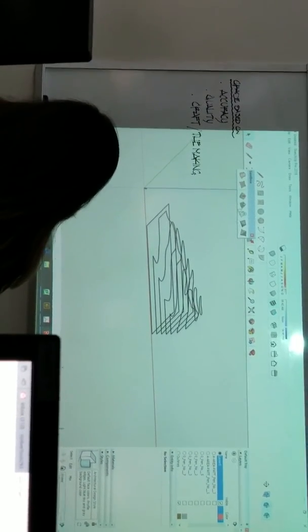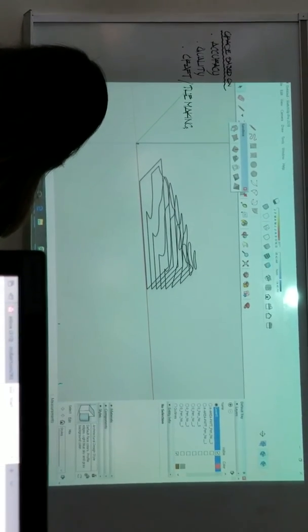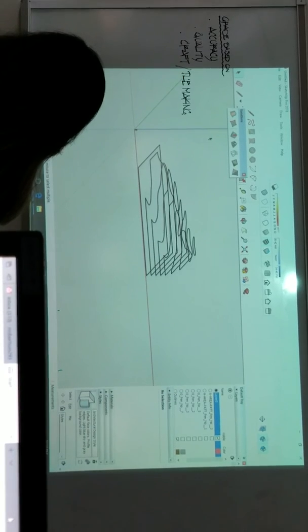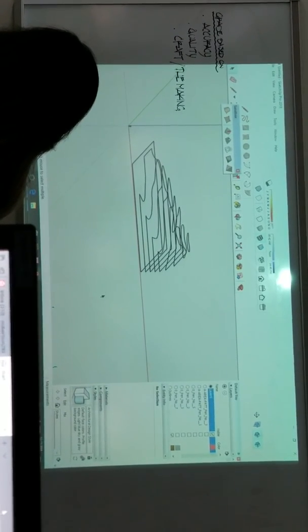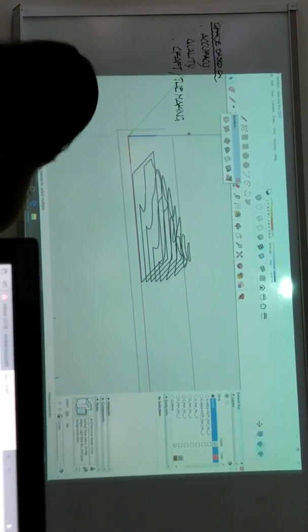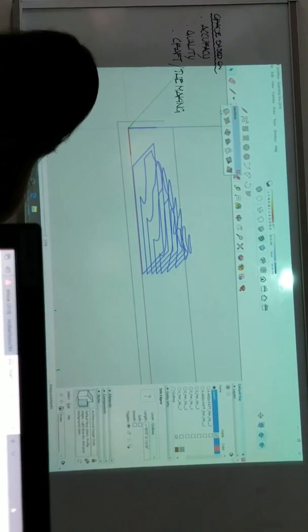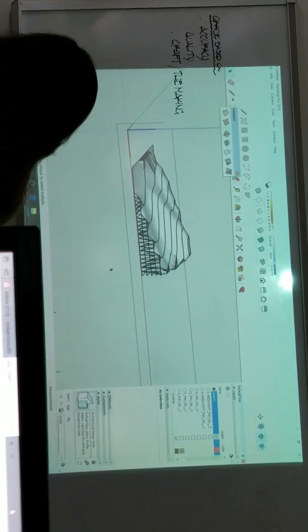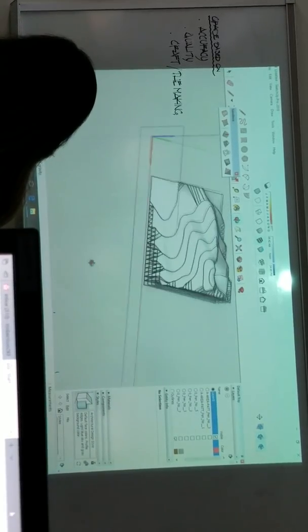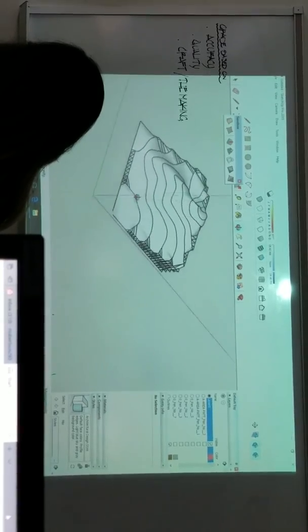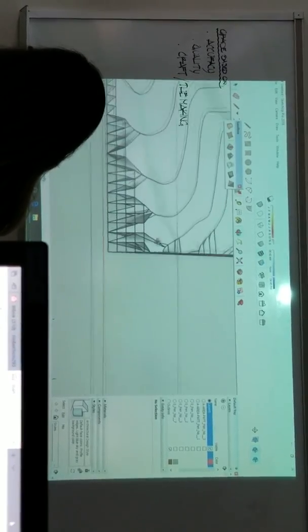Right? So what I'm going to use is my From Contours tool. I have to first select the contours though. I'm going to double click in the group, select all my contours, and then click From Contours. And there we go. That's it. It keeps doing the sides in a weird way. I'm not fully sure why yet, but this is correct everywhere else. So when we run into that